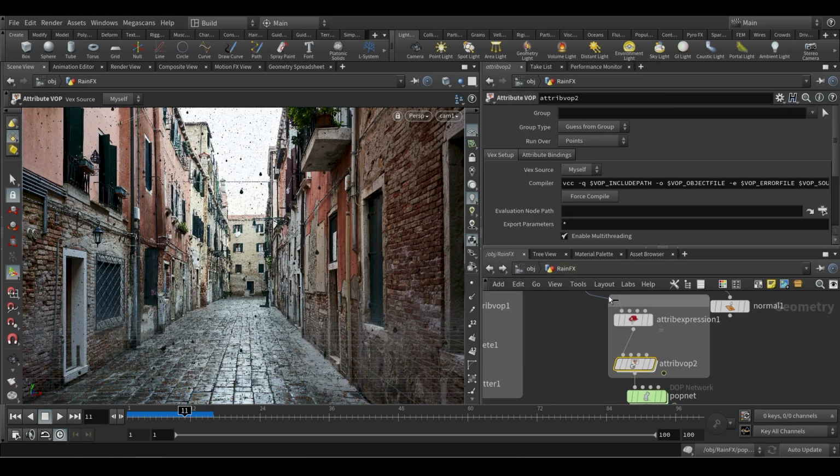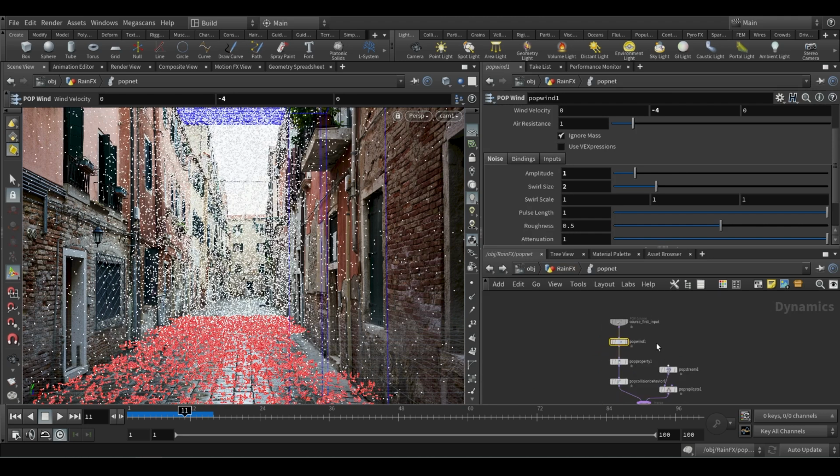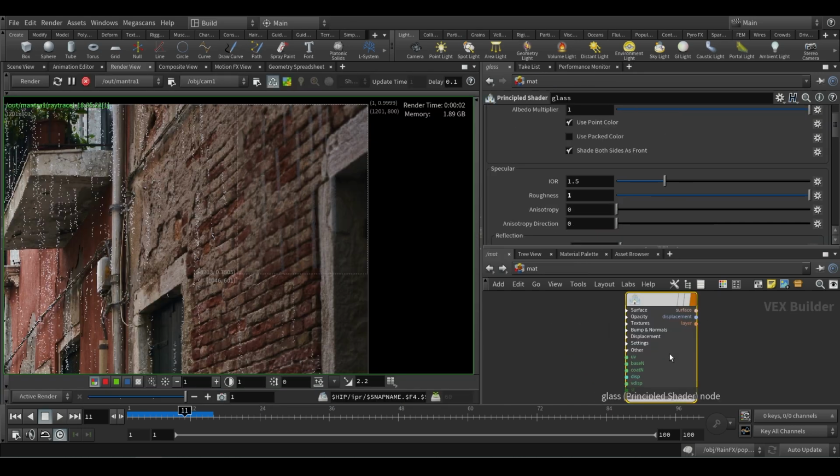In the snow project, we used the dynamic level for getting the velocity with nodes like pop wind and pop force and stuff. But in this rain, we used velocity at the geometry level, and then we brought that to the dynamic level, and in the dynamic level we added a little more velocity to refine the effects. So for the rain effects, we made mixed use of velocity from both dynamic and geometry level.